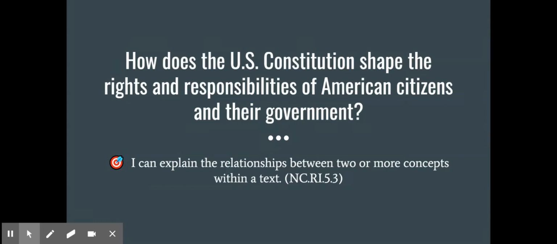Hello DPS 5th graders, we are here for our second lesson regarding our essential question of how does the U.S. Constitution shape the rights and responsibilities of American citizens and their government. Today we'll be working with our learning target of I can explain the relationships between two or more concepts within